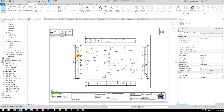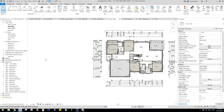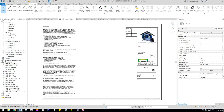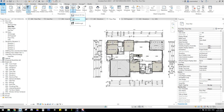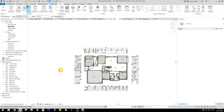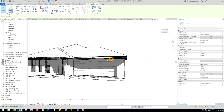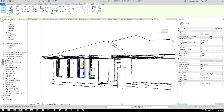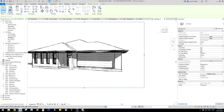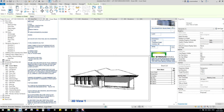that'll come. I just want to show you a couple more cool things. One cool thing is when you want to do a picture for the front cover here. When you go to camera now, because we only use this camera for that view, for that front cover page. So watch this. So you draw that, and what it's already done for you is it's actually done the sketch lines and the shadows before you actually have to do anything. And it's done for you. So you don't have to keep going to that sketch line thing every time. So that's a pretty cool little